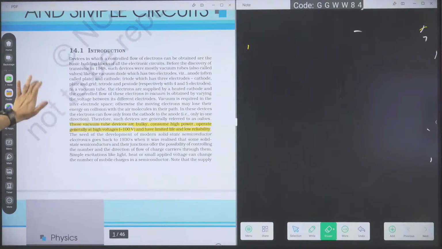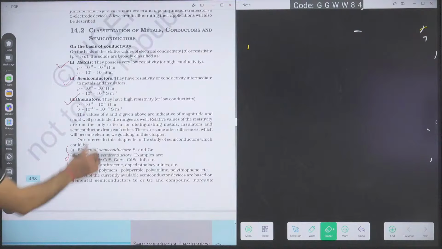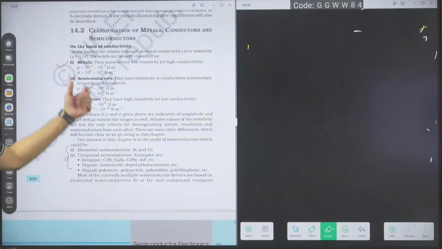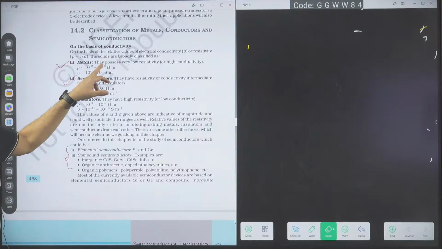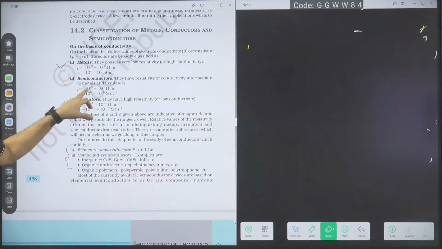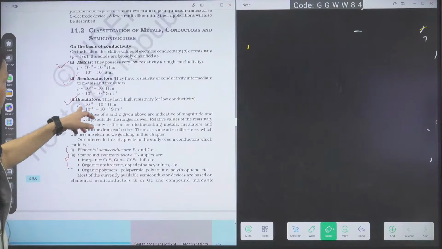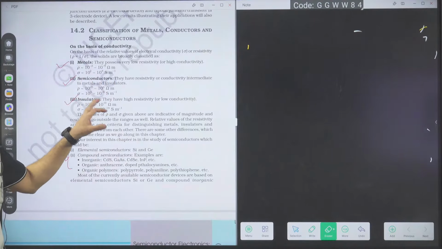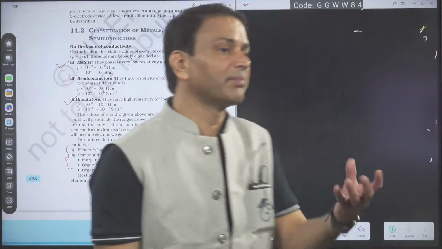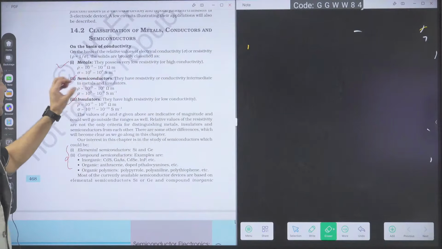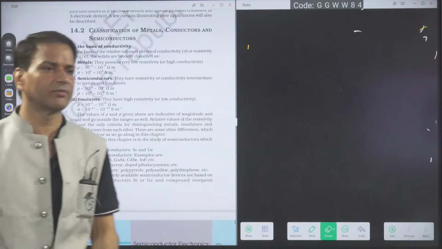So here one thing, they will not ask this because it is directly mugging. What is the range of the resistivity for metal, semiconductor and insulator? For metal, it is 10 to the power minus 2 to 10 to the power minus 8 ohm meter. For semiconductor, 10 to the power minus 5 to 10 to the power 6 ohm meter. Resistivity will be maximum for the insulator, and that order is 10 to the power 11 to 10 to the power 19. So just see this order because they will never ask, but maybe. So you have to remember the order of resistivity: minimum for the metal and maximum for the insulator.